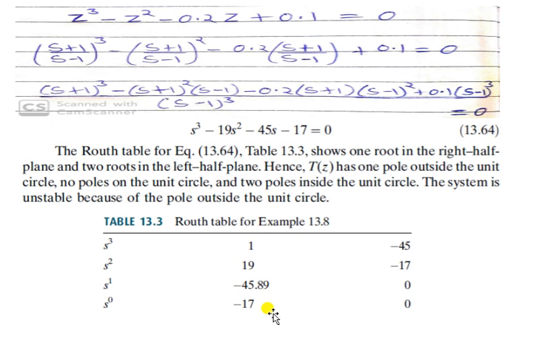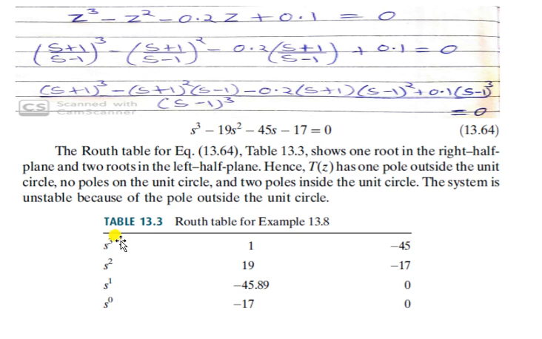But if you need to comment for the z domain, you will use that unit circle part. So for the z domain, if you need to talk about the unstable system, outside the unit circle you will get the number of poles. So if in the s domain you have one pole on the right hand side, for the z domain, outside the unit circle you will have one pole, and inside the unit circle the remaining poles will be there.